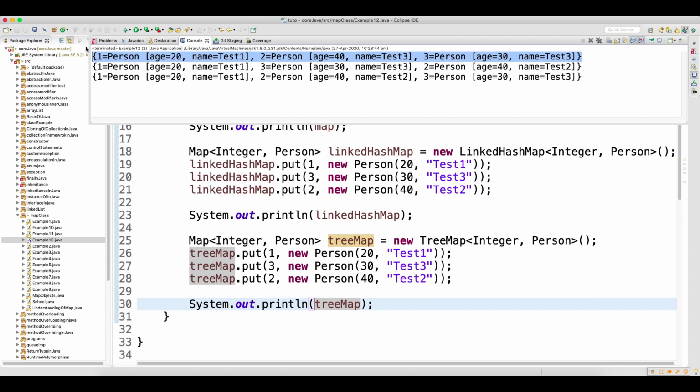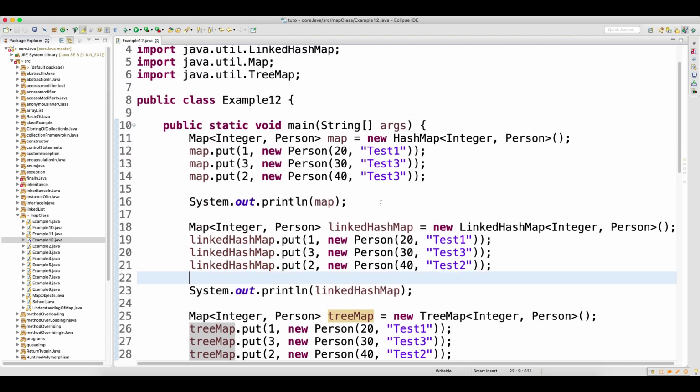This is the default sequence, which happens to be the same as the tree map. That does not mean your hash map will give you the data in ascending order. By luck you are getting the data in ascending order in the hash map.